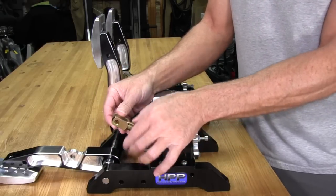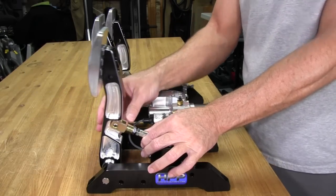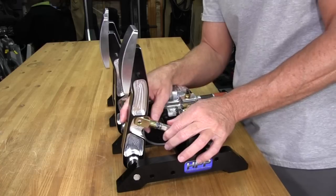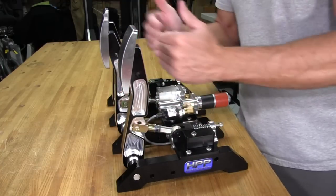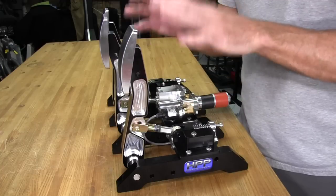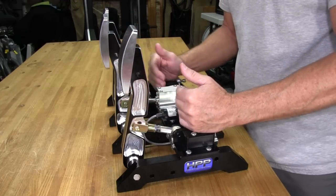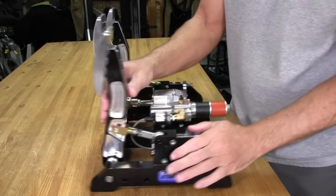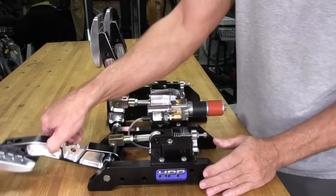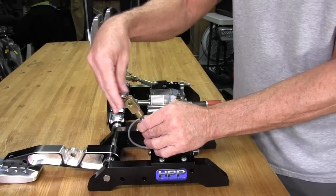So if I want to go extreme here and turn this all the way down to there, and I tighten that all back up, then I take my lever and put it in, you can see how much further back that's gone. So it's nice to have independent lever position adjustments, even though we do have a lever adjustment for the whole set, and we'll get to that once we're done with each pedal. I wouldn't have it back that far, so I would just normal everything back up,